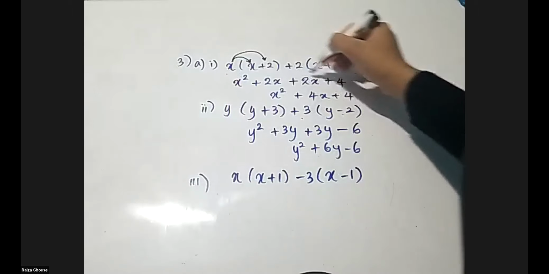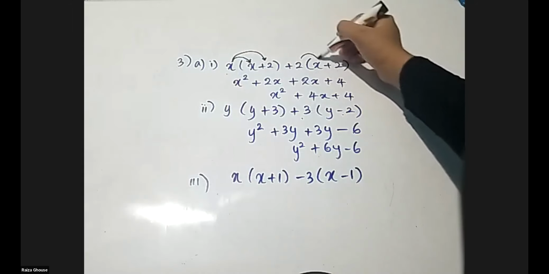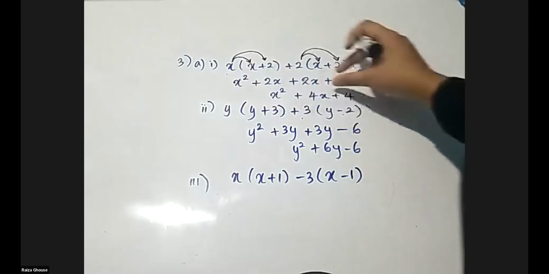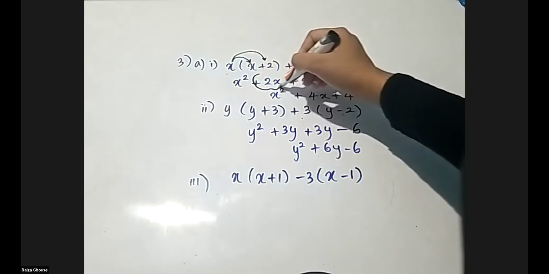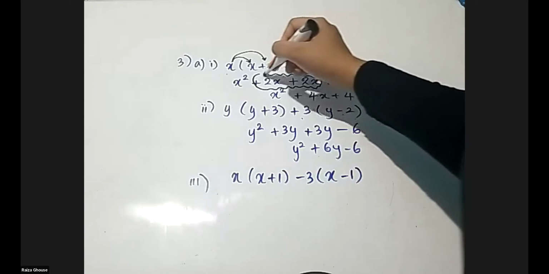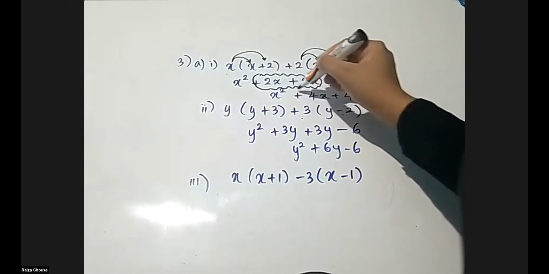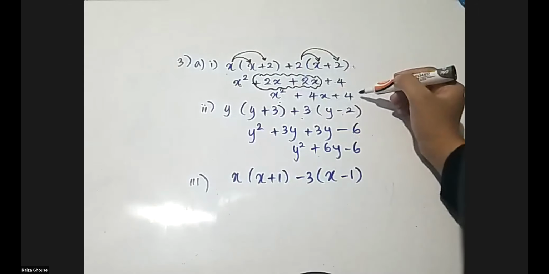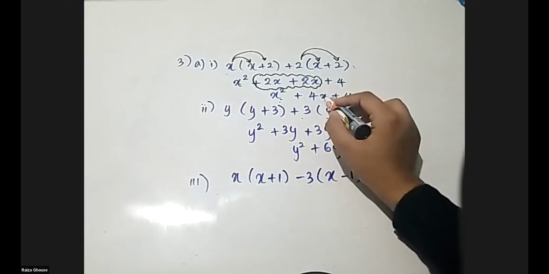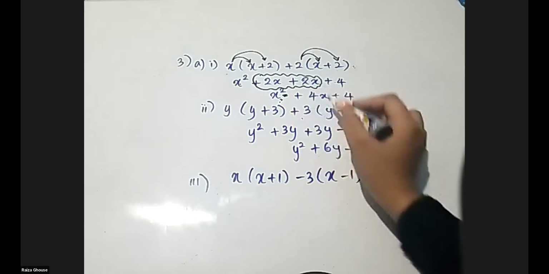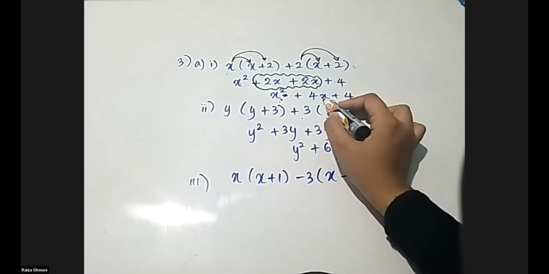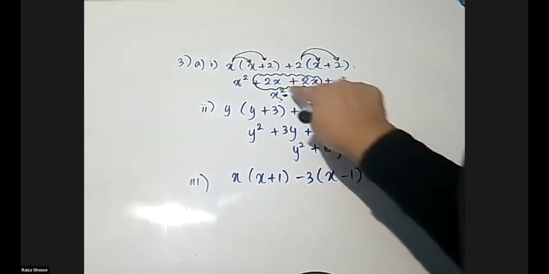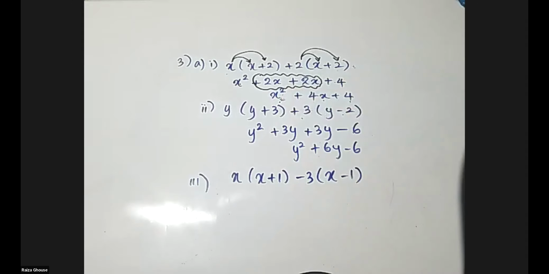The same thing. Just look at this. 2 into x is 2x. 2 into 2 is 4. Now writing everyone together, and you can see if I cloud this, if you remember earlier also I cloud the like term. So if you add them, you get 4x here. And this term is here, this term is here. Final answer. Why is it the final answer? You can't add them, no. This is different because it's having a square. This is different because it's having a number and a letter. This is different because it's having only a letter. In simple terms, they are unlike, so you can't add them. Finally, that's your answer. Now is it clear?